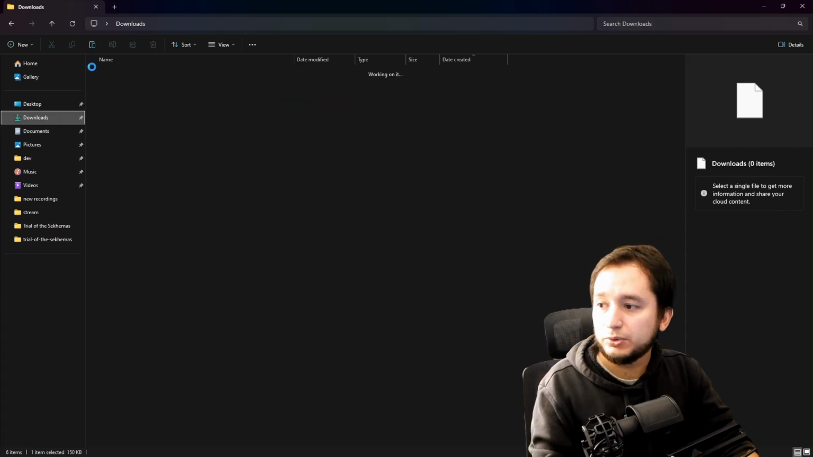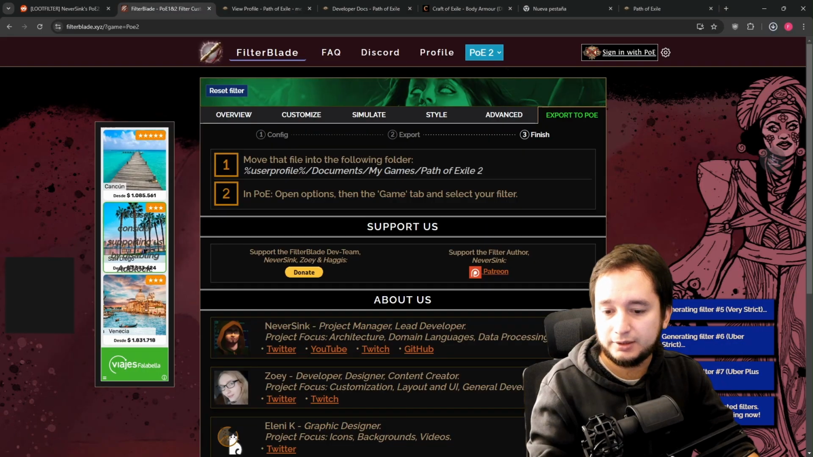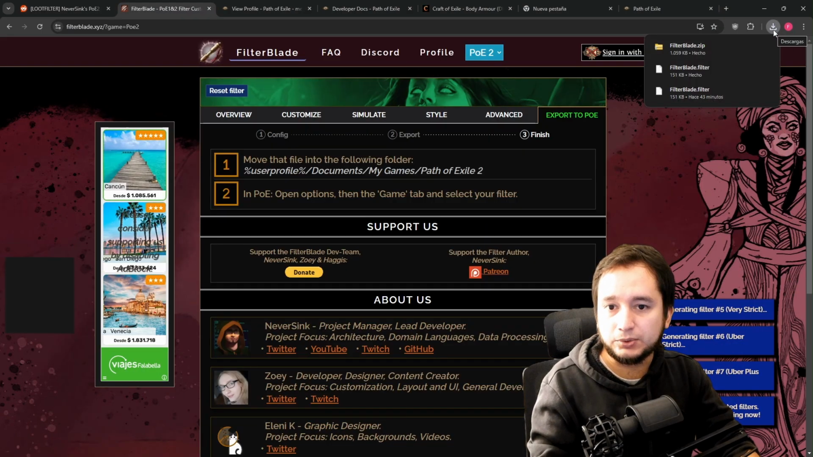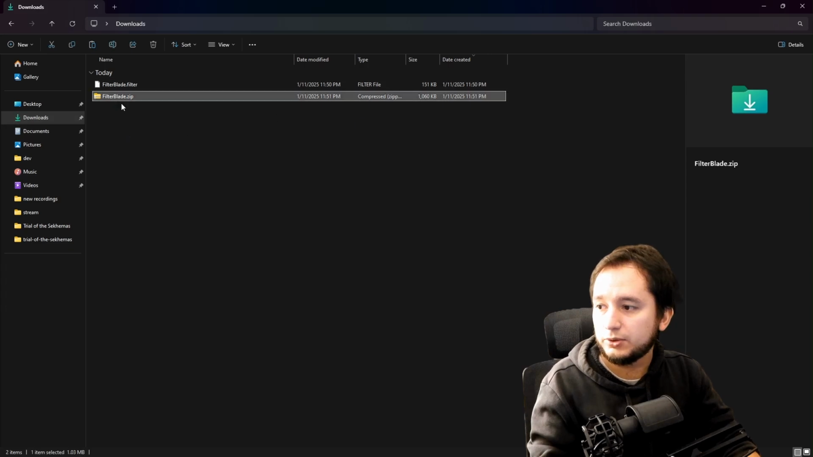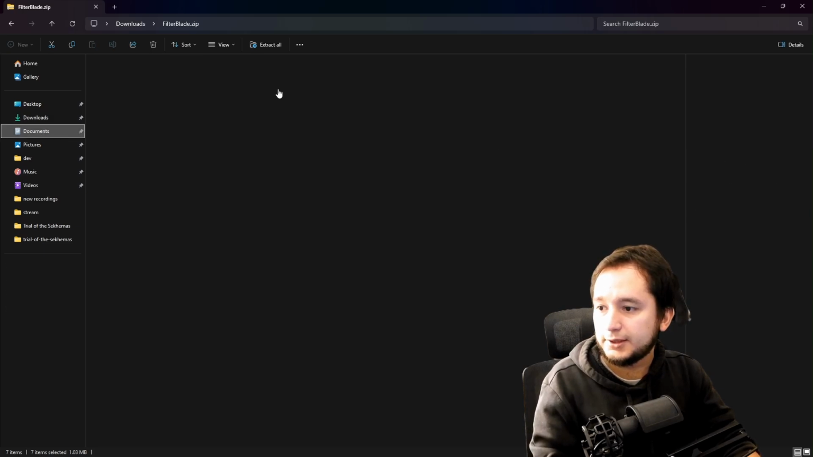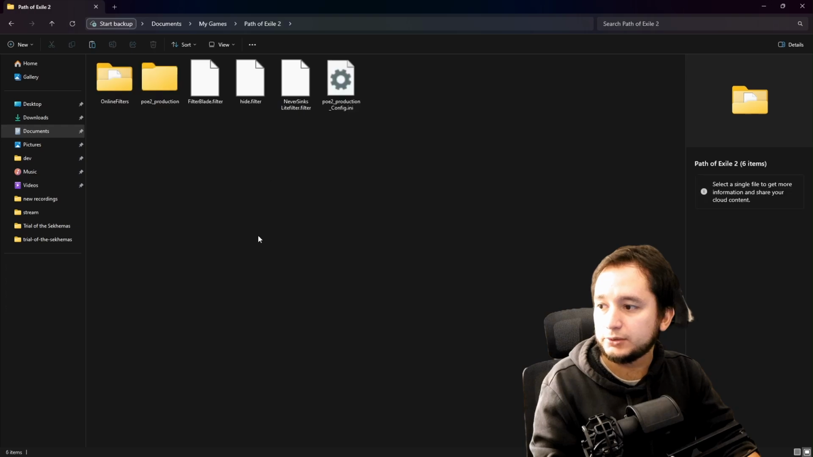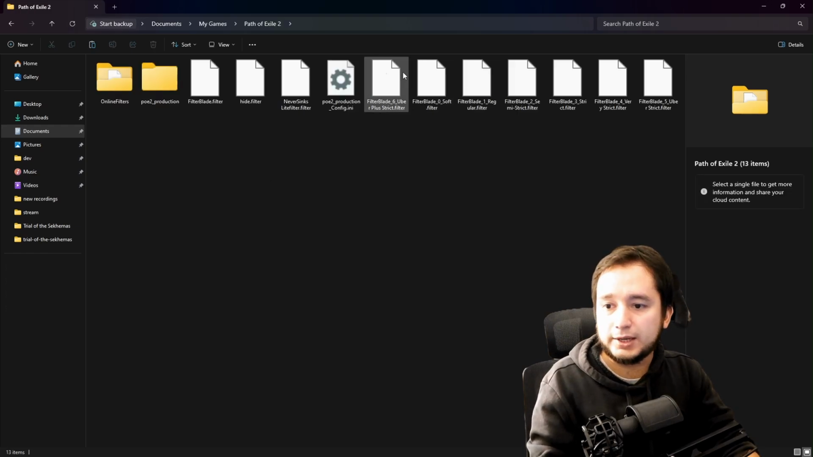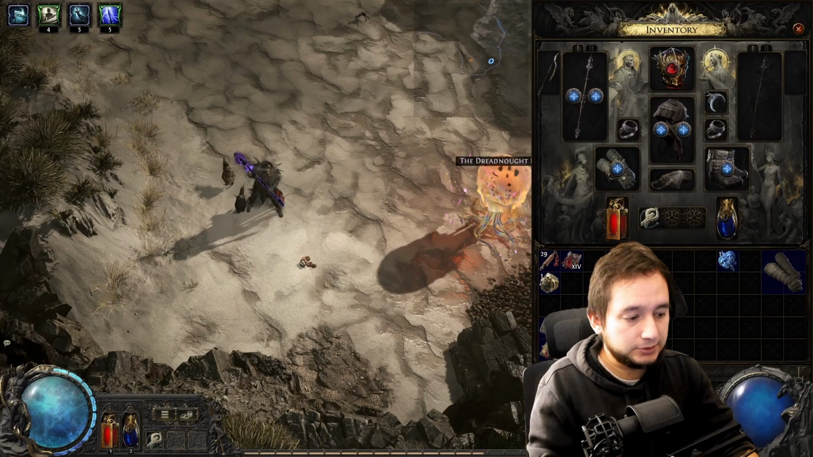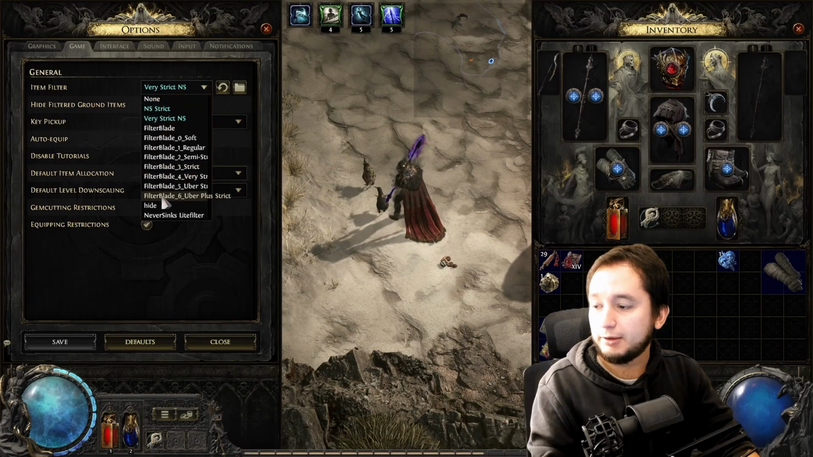And then if I go to downloads, you will have this. Well, it's generating each one, and now it downloaded it. So I can just get all the strictness settings, and then just my games, Path of Exile 2, and you can paste it in there. So if you go to Path of Exile now, open options, if you hit the drop down, you will